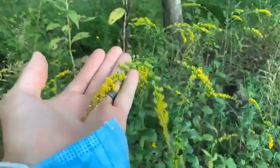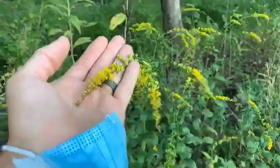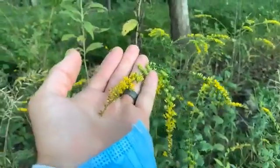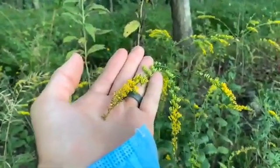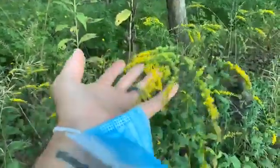So this pollen is not wind dispersed. This is not the plant that gives us all of that hay fever in late summer. We'll go try and find ragweed, which is the actual culprit. But this is elm-leafed